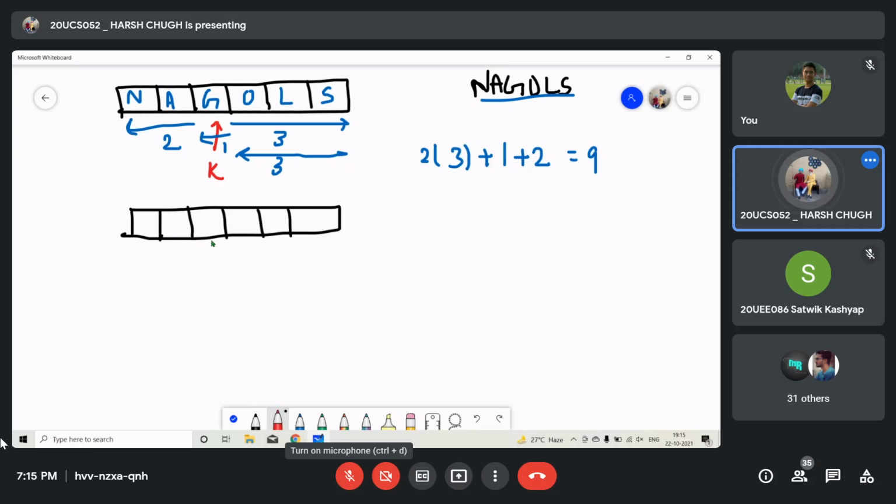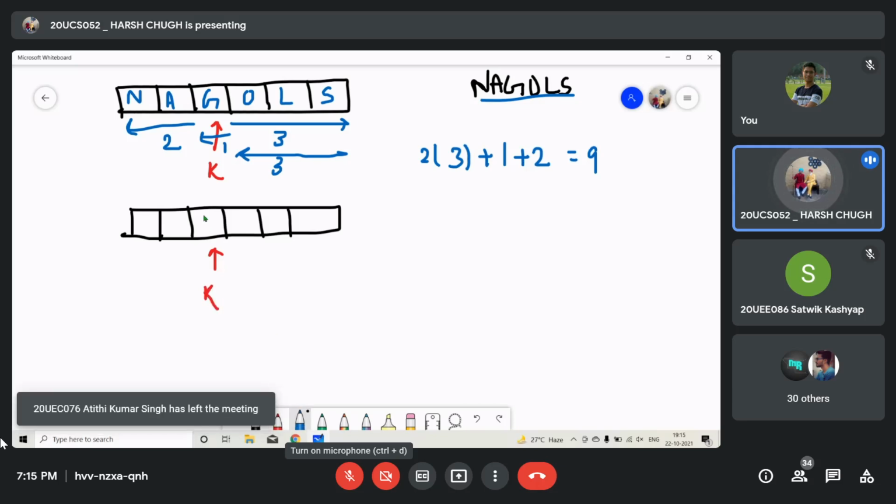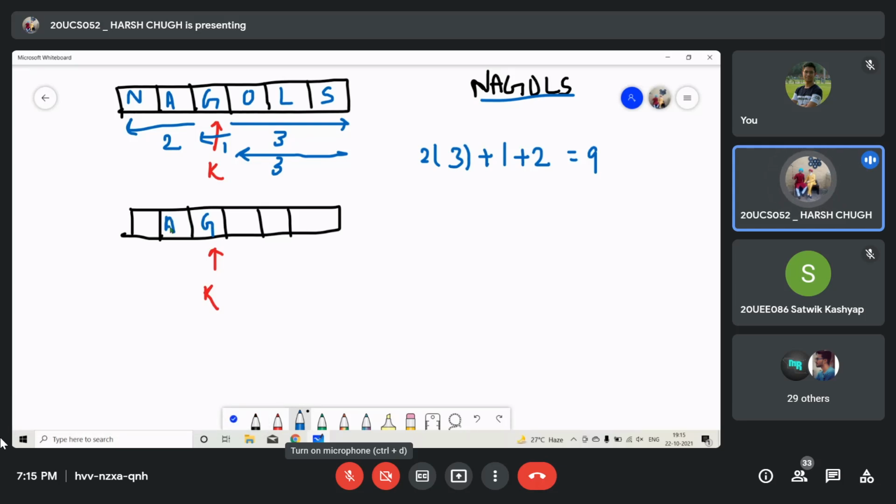Our initial case position was this. So at this position we will print the required letter. So this is G. After that, in the previous example we saw that we moved right. In that example we will try to move left. So we will move left and after that we will print the required letter in that position. Again we will move left and we will print the required letter in that position.